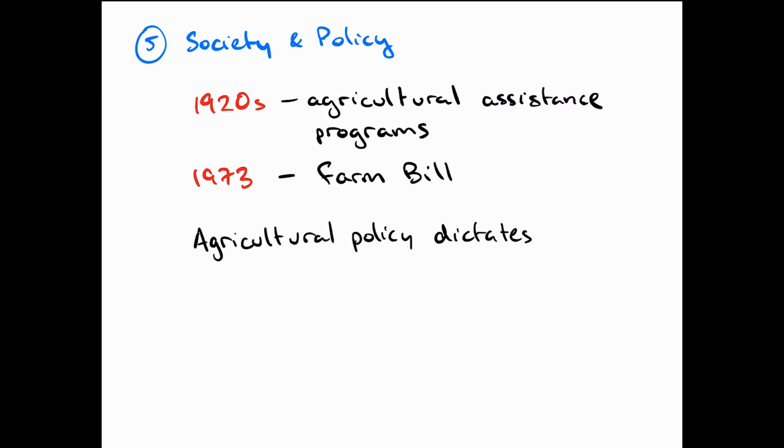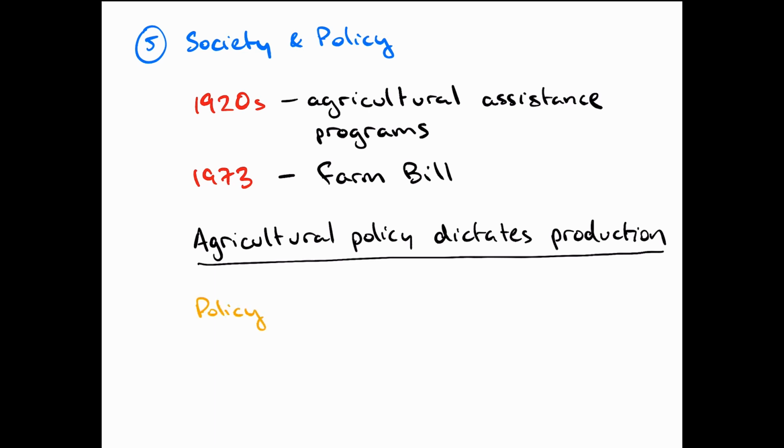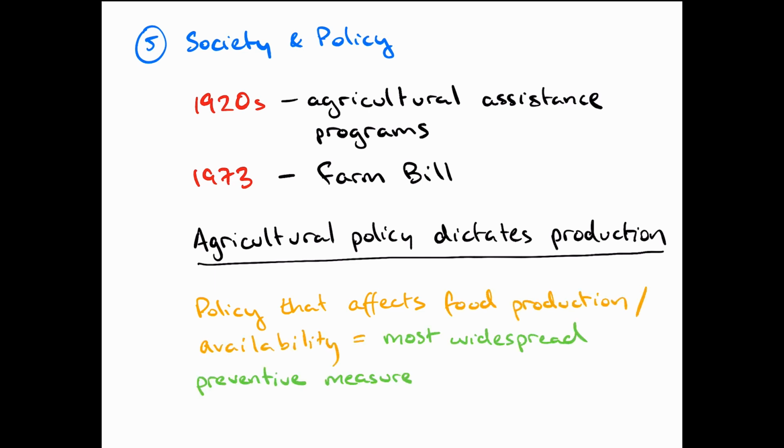Now, agricultural policy is what dictates production, and subsidies and providing money to produce certain things will encourage farmers to produce those things. And when those things are processed into high-fat meat and dairy products, refined grains, soft drinks, and high-calorie juices, these subsidies are directly supporting the creation of unhealthy foods, which then lead to adverse health outcomes. So tackling policy that affects food production and food availability is the most widespread preventive measure we have to address